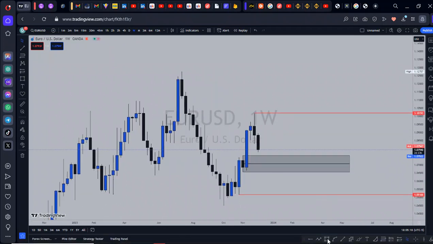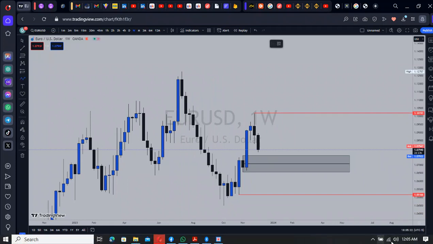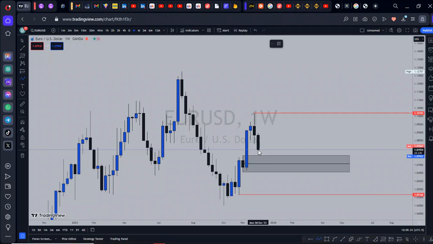And the interesting part is that we are getting close to the end of the week. We are on Tuesday, we just entered Wednesday, so we have Thursday and Friday, right? So the expectation I'm having is that the reason why the algorithm is doing this is for it to trade into this demand zone.